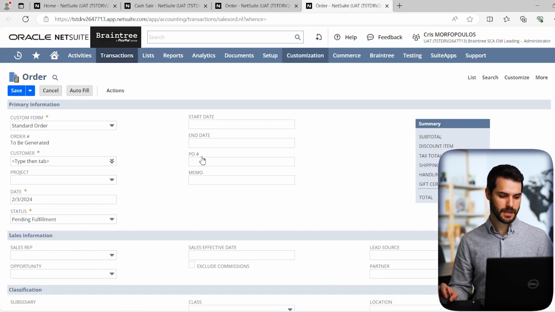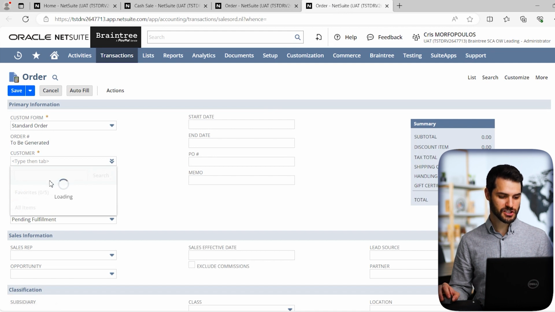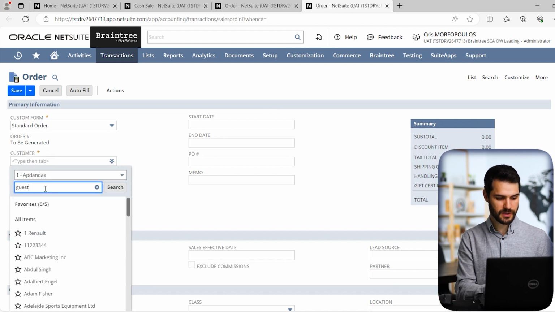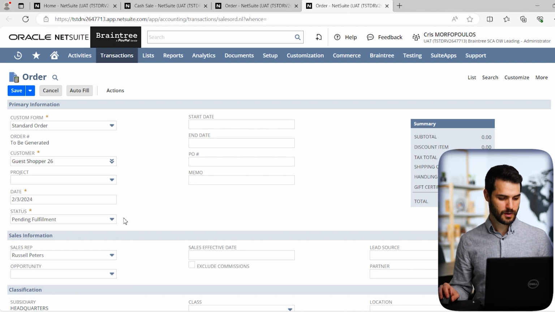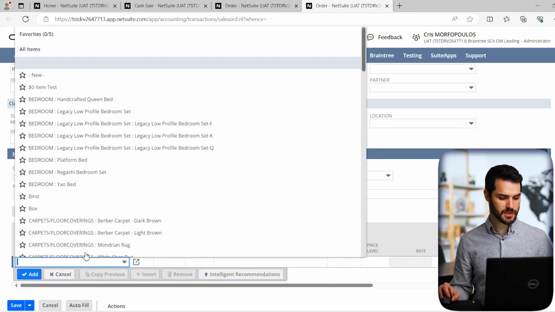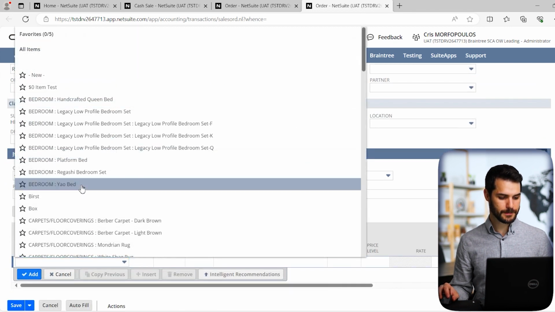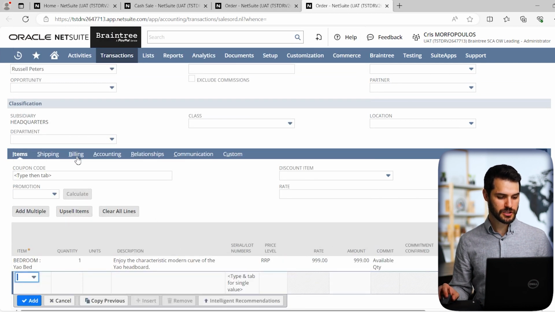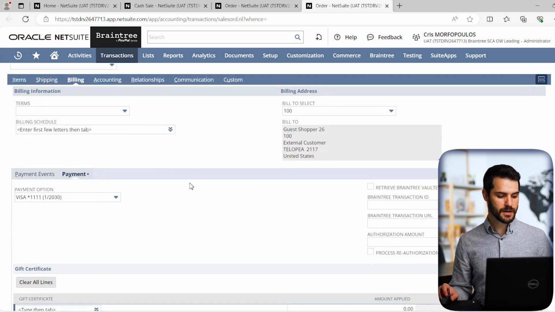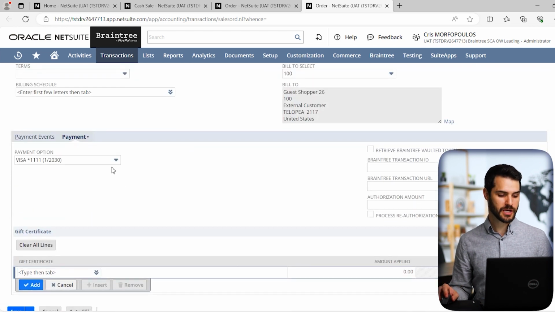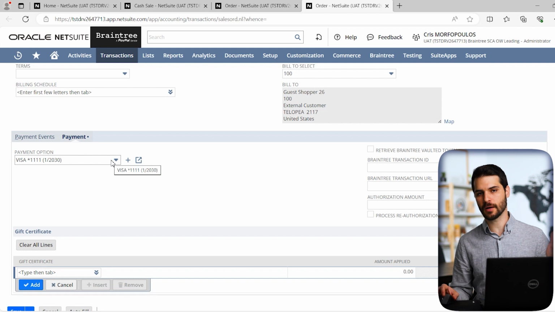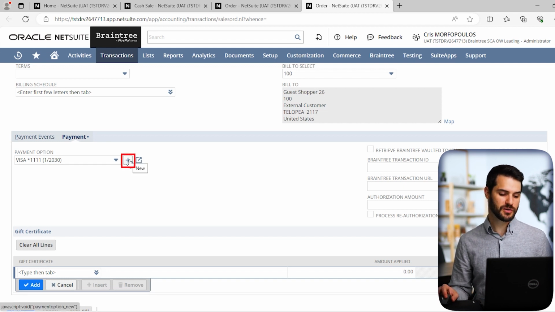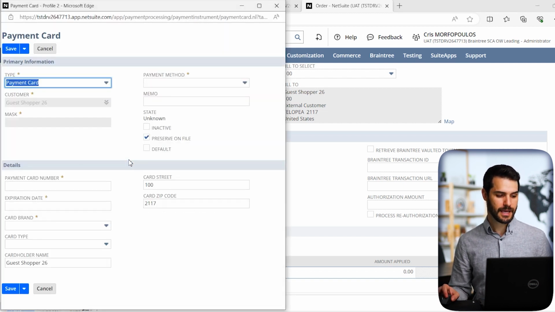If I come over here, just like in the others, I'm going to add my guest shopper 26. So I'll put in that information here. Okay, and let's say our guest shopper wants to buy a Yao bed. Good, so we have a quantity of 1, and that's fine. So we're going to go up to billing, and if we wanted to do an ACH payment, we would come over here. Now in this case, it assumed guest shopper is going to use their Visa again, but we don't want to do that. We want to go to this new, and instead of payment card, we're going to go to, you can see we have the payment card,